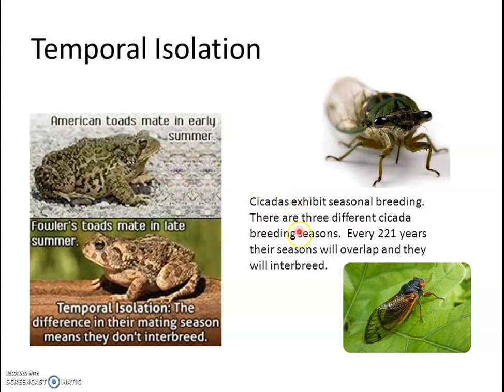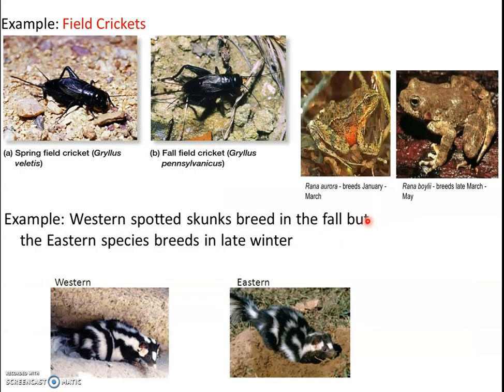Then again, cicadas. There are three different cicadas. They have three different breeding seasons. So only once in 221 years will these breeding seasons overlap. Only then will these cicadas be able to interbreed. So until then, each of these three species will have a different breeding season and may not be able to interbreed. Okay, so this is a case of Rana that we have mentioned, and again